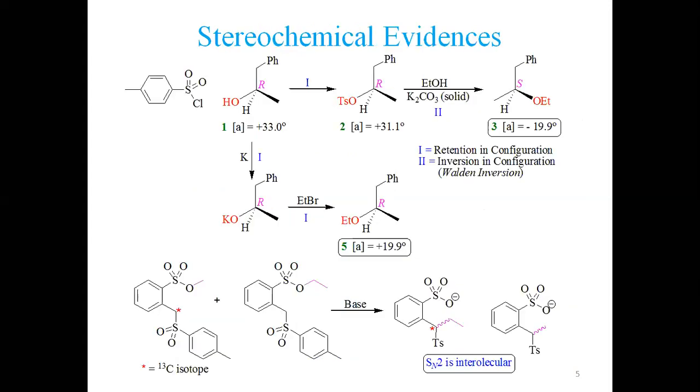That you have already come across. I have provided this. What is meant by retention or inversion? The same substrate we have taken, when it is reacted with potassium metal, we get an alkoxide ion here, and when we react this with ethyl, it generates this. In this case, you see the sequence of benzyl, same position, methyl, same position, hydrogen, same position, oxygen, same position.